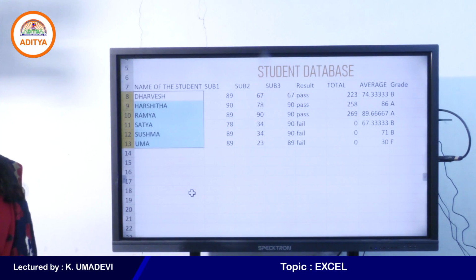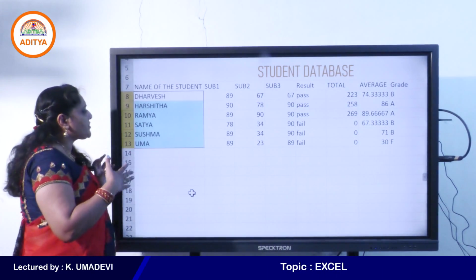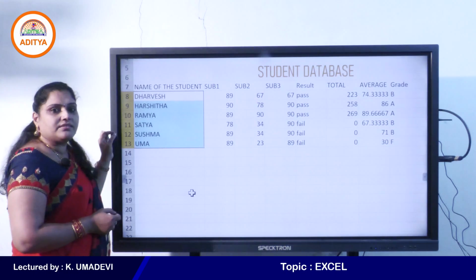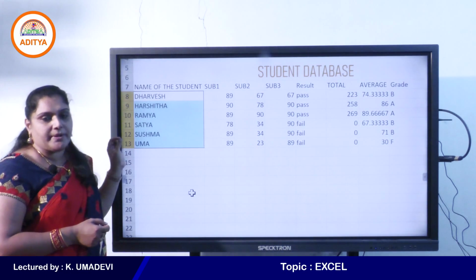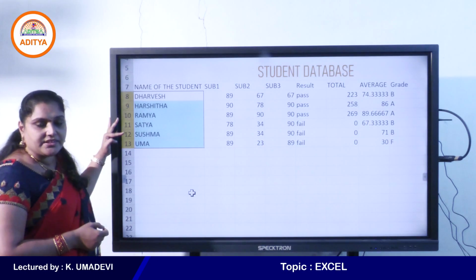See students, the name of the student column data is now sorted from A to Z, that is in ascending, alphabetical order. See, first D, H, R, S and U, right?